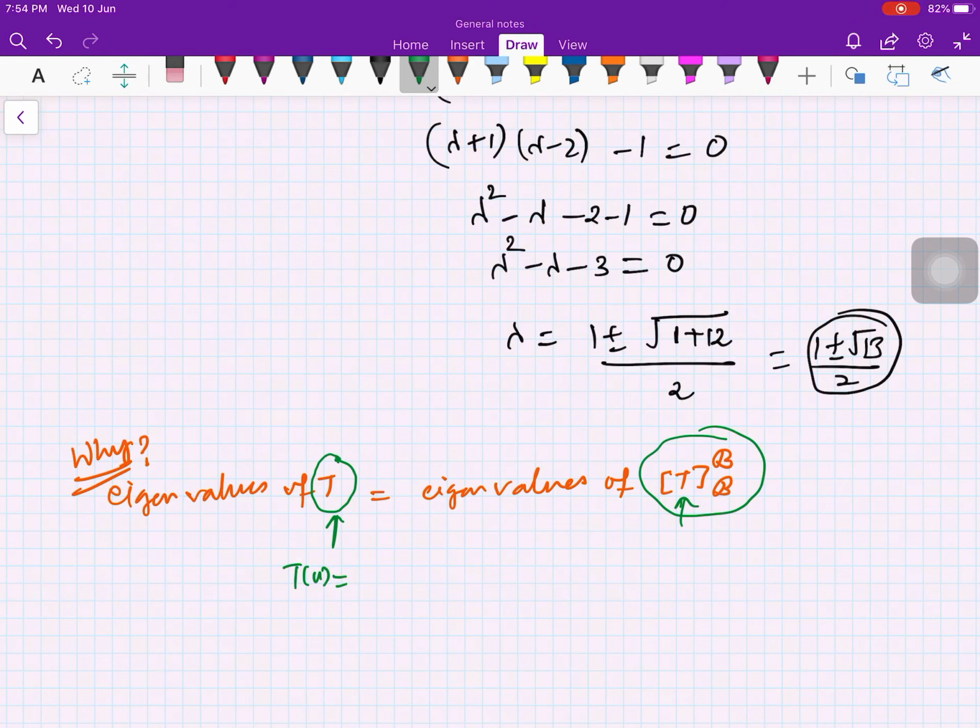So the eigenvalues which you are looking for here, in this context, are Tx, and if you call this matrix A, then Ax is equal to lambda x. So they are equal because that is the idea of the matrix representation of linear transformations. This is an important video where we related how to find the eigenvalues of a linear map with how to find the eigenvalues of a matrix, and we already have the knowledge of finding the eigenvalues of matrices, which we are using for finding the eigenvalues of linear transformations.